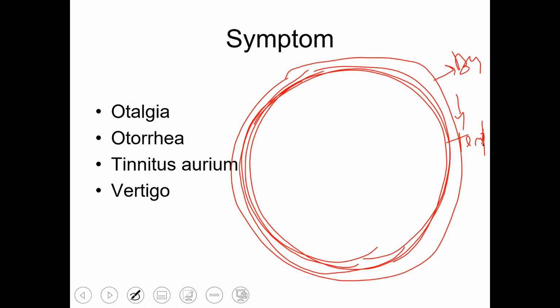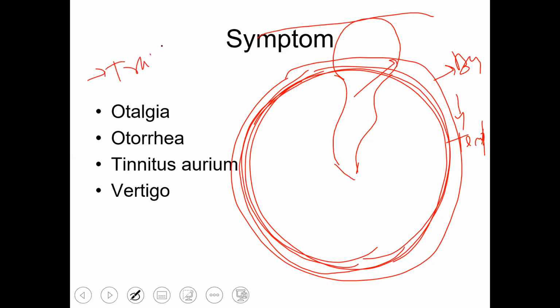And this prominence is the handle of the malleus. The head of the malleus lies in the superior part, which is not visible through the tympanic membrane. The tympanic membrane is a translucent structure, and depending upon the age and ethnicity, the transparency of the tympanic membrane varies. So the head of the malleus lies in the attic segment.